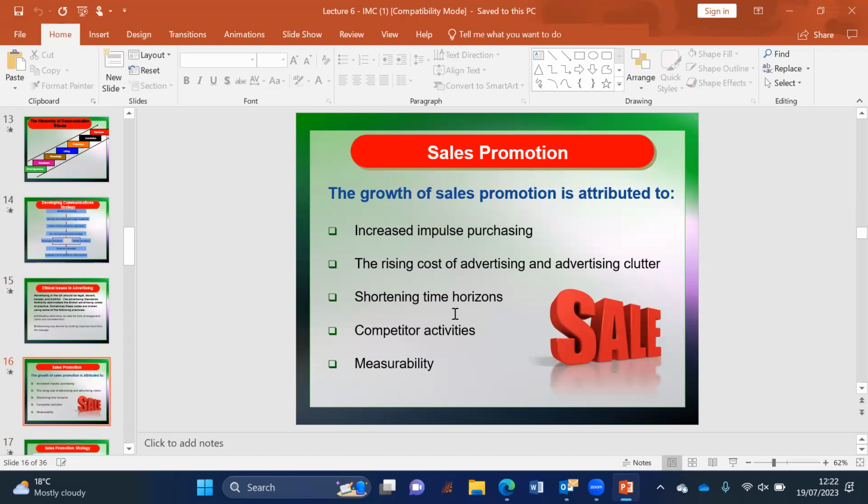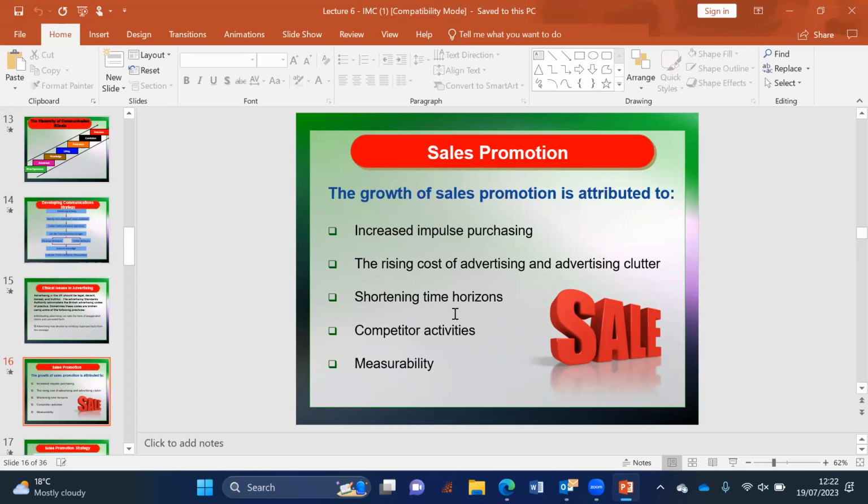Okay, let's look at sales promotion. So a lot of companies are employing the method of sales promotion, and that is because sales promotion increases impulse purchasing. So that means when you go to Tesco, for example, and you don't intend on buying, let's say, chocolate, but you find a sales promotion on it, it's buy one, get one free or 50% off, you will impulsively at that time decide that okay, might as well get this. That is an impulse purchase that you didn't think about before, and you weren't planning on it, but you went there and you decided instantly on the spot that you were going to get it. Sales promotions tend to increase that kind of purchases.